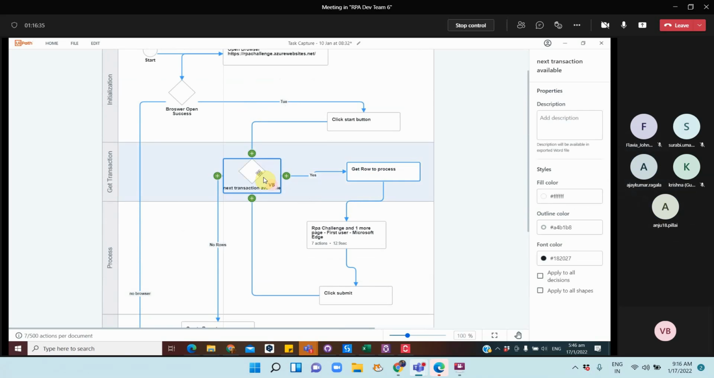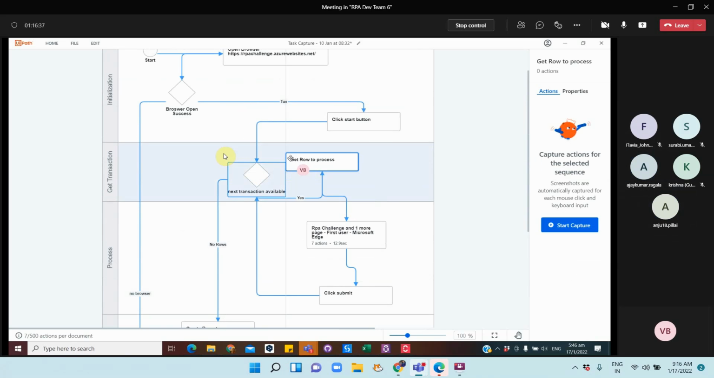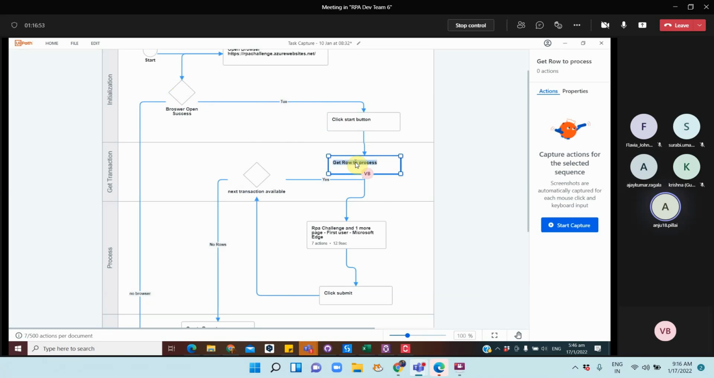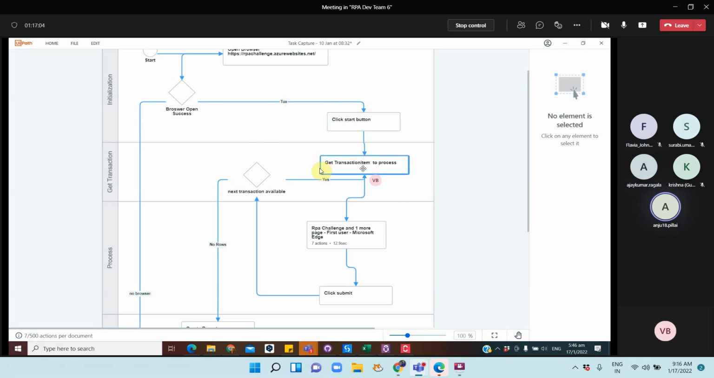So this becomes like this. First we will get an item. After clicking on the start button, this will become the initialize state. Clicking on the start button will be in initialization, but instead of getting a row to process, we'll get a transaction item to process. If the transaction item is available,